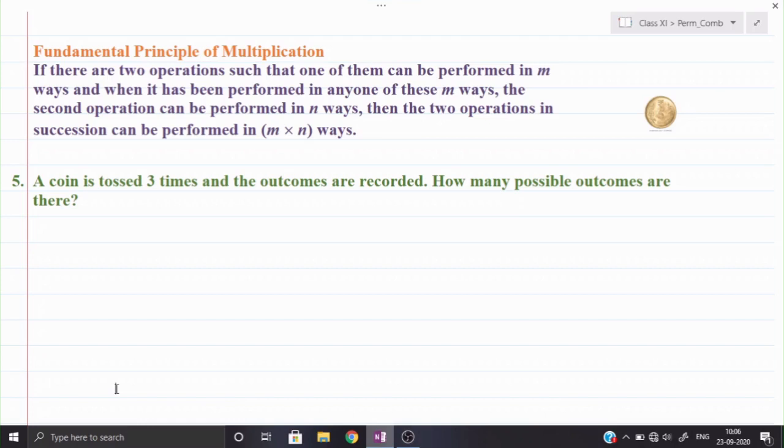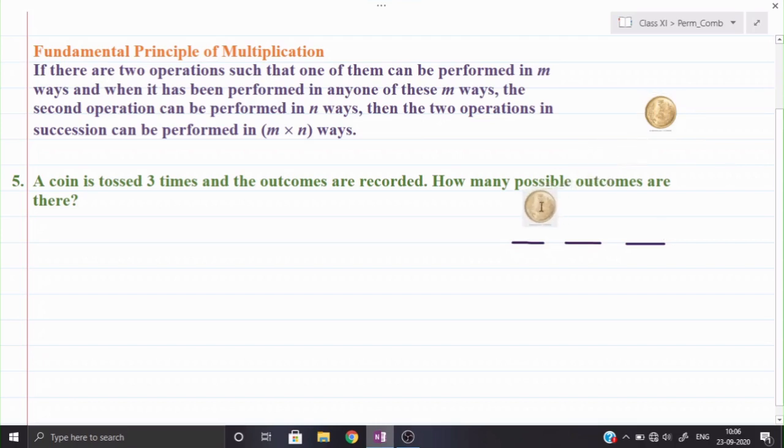One thing you need to remember, when we are tossing the coin 3 times, we are tossing it simultaneously, meaning all 3 tosses are happening together. You can say that we are tossing 3 coins. It is difficult to imagine practically, but you need to imagine this question in this manner only, then the things will be more clear to you. Suppose I say I am tossing 3 coins together, then what will be the outcomes that we are finding? So suppose I have this coin, if I toss,